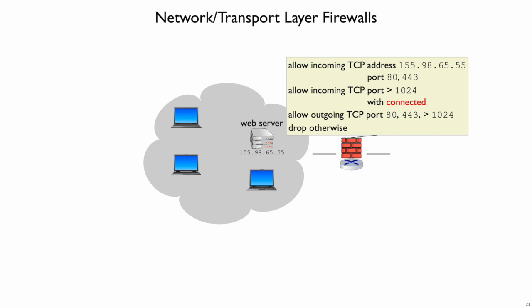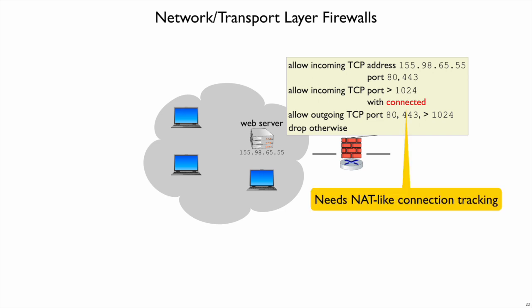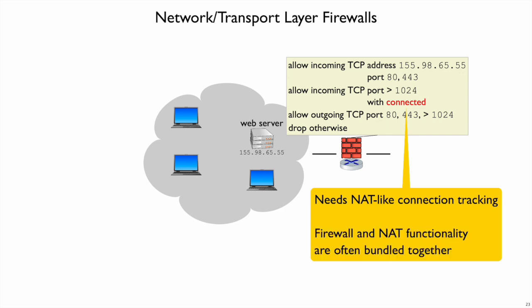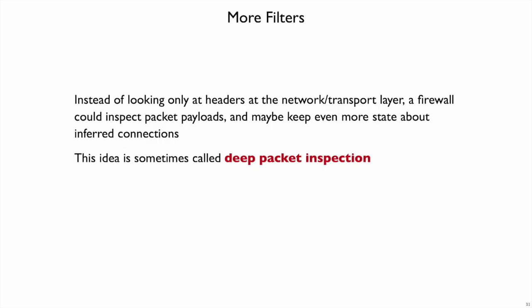It needs to keep state about what kind of connections it saw formed, and this kind of tracking is very similar to what we saw for a NAT router. And in fact, firewall and NAT functionality are often bundled together so that they can both take advantage of that tracking. For even more fine-grained control over network access, we're going to have to move up from the network and